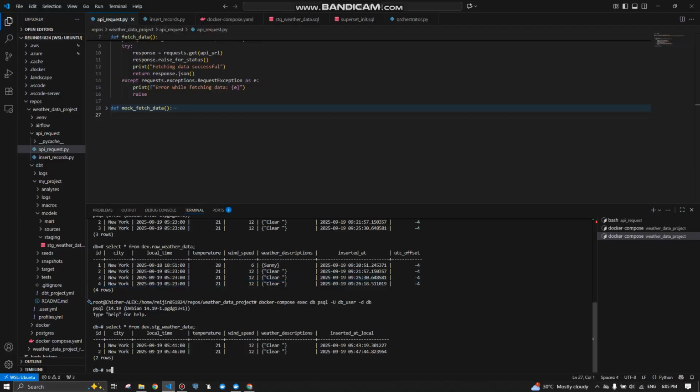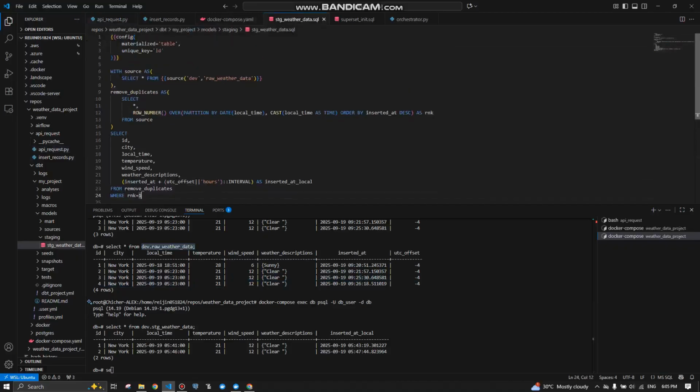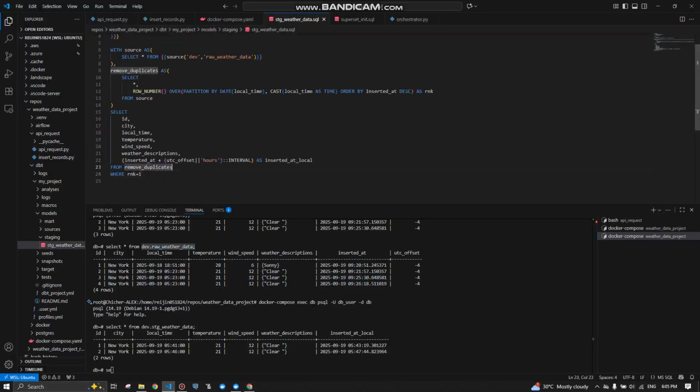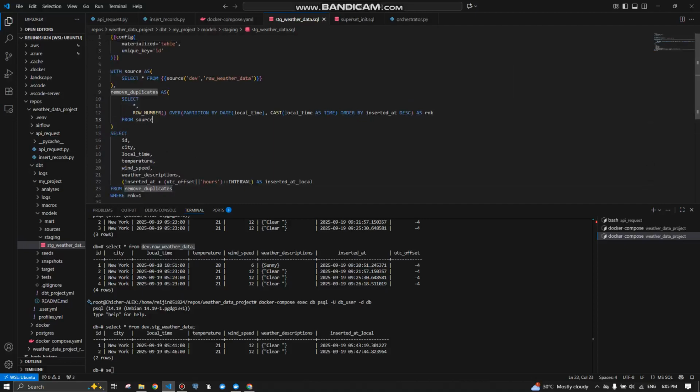Then from the raw weather data, I make some transformations like this. Here I remove the possible duplicates because maybe some duplicates appear. So this is the one which manages the duplicates.